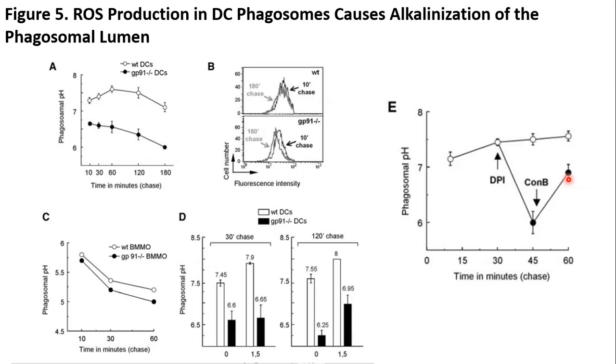So we can conclude that NOX2 recruitment to DC phagosomes contributes to alkalinizing the phagosome lumen and maintains the pH above 7 in spite of the activity of V-ATPases. In the absence of ROS generation, DC phagosomes